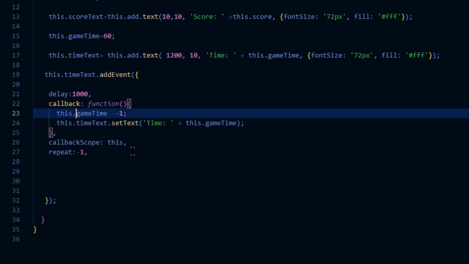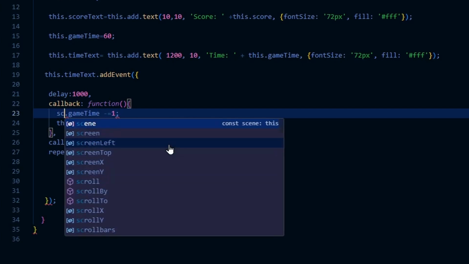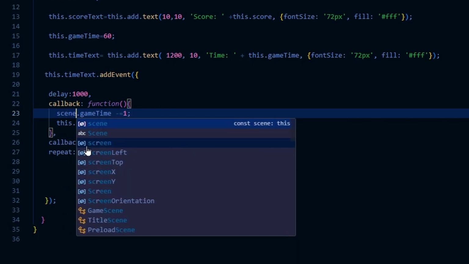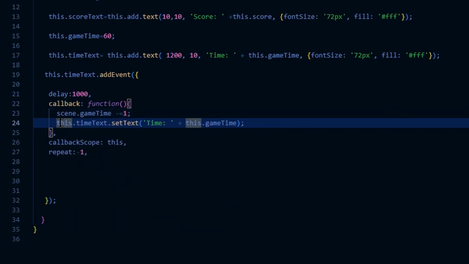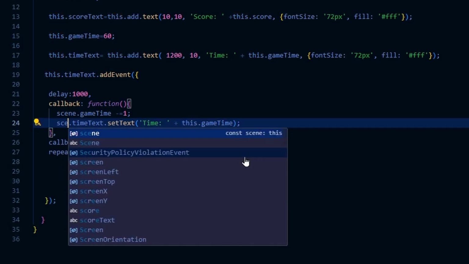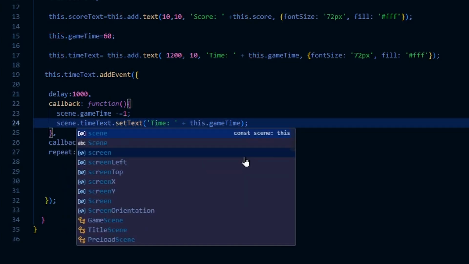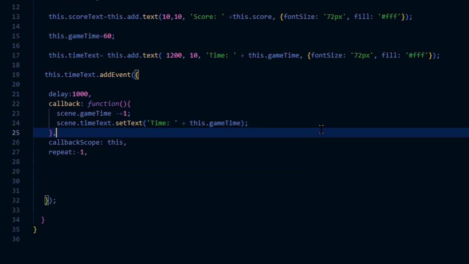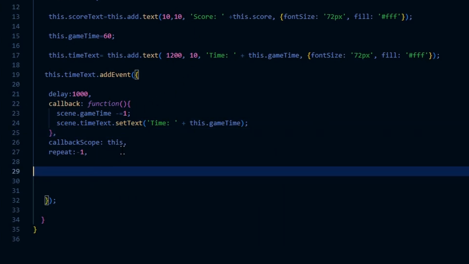And then because we grabbed our constant up here, we don't need to worry about the scope. We're just going to say scene.gameTime, scene.timeText. Normally, we would have to pass a callback scope in this, but since we grabbed our constant, we don't have to do that. And so what this is going to do is repeat over and over and over until